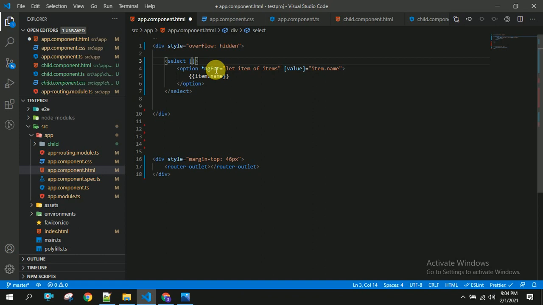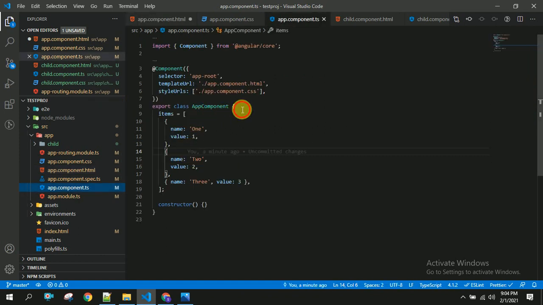And I am going to use ng model to store what user has selected. So I am doing the name as selected value. I am copying this, and we have to declare this selected value in our app component.ts.